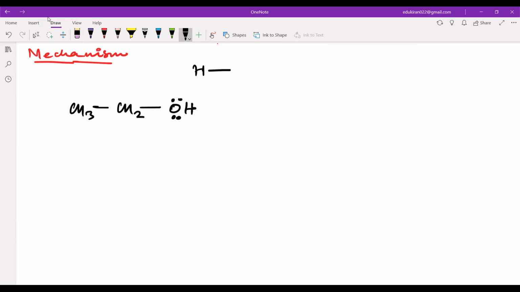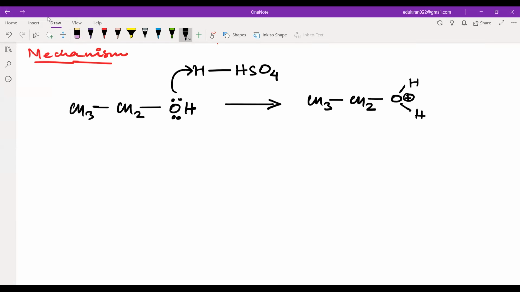So you have H2SO4, which you can write like this, HSO4. This is the acidic hydrogen, and it will be attacked by the alcohol. First of all, this step is known as protonation of alcohol. We have CH3CH2, and there will be O with two hydrogens and a positive charge. Now the oxygen can be removed, because a water molecule is being formed, and water is very stable, so you will be giving the electrons to this oxygen.